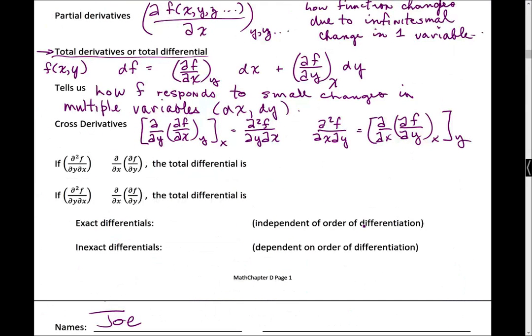So I think what I want to do then is talk about the mathematical terminology here. If these cross derivatives are equal to each other, then the differentials are called exact differentials. And in the homework, you'll see examples where you take the cross derivative, and we'll see some examples down the road where they're not equal to each other, right? And those differentials are therefore not exact, or inexact. Okay? All right, so the implications that this has for us in thermodynamics is the difference between a state function